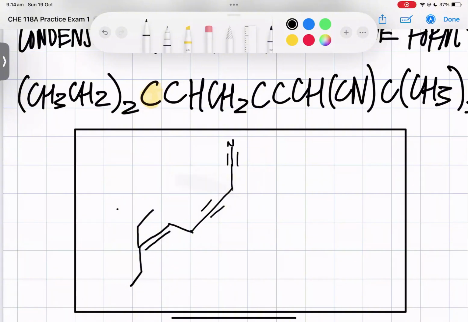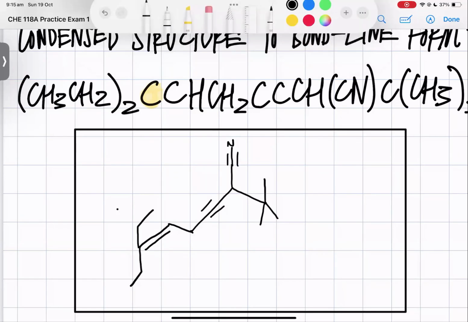C with 1, 2, 3. Yeah, that's correct. Okay, nice, there we go. It was a little bit difficult because when you're used to seeing a carbon with 0 hydrogens, you think a triple bonded carbon, but in this case, it's a double bonded carbon. Yeah, this was a difficult condensed structure. It wasn't easy. Nice.